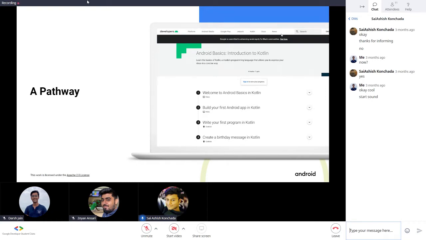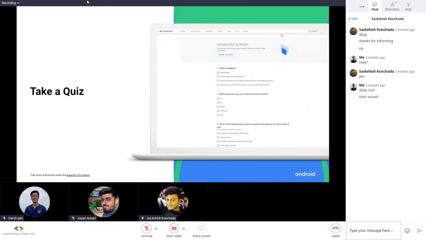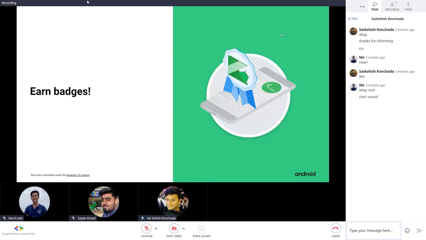By attempting the quiz and answering the questions, you will gain a badge. You can take the quiz multiple times, and it has no negative marking. It's just to test your knowledge, and we'll also be solving the quiz together. As I mentioned, this is the quiz, and we'll be doing this as it comes along. Each pathway will give you some badge. In total, we have to collect 16 badges for the program, and by the end of today's session, we'll be collecting 3 badges. So let's get started. We can start here using this